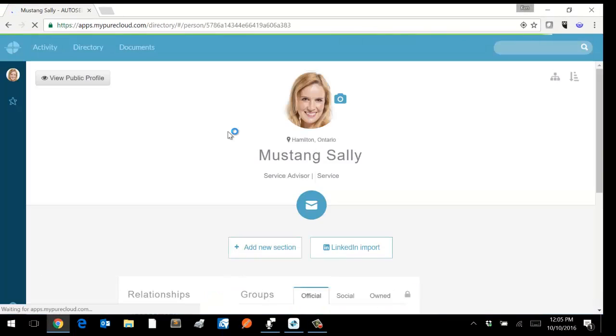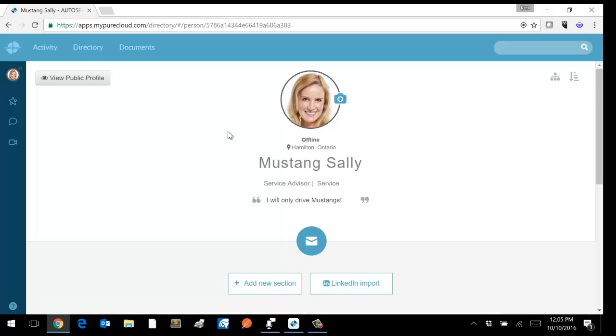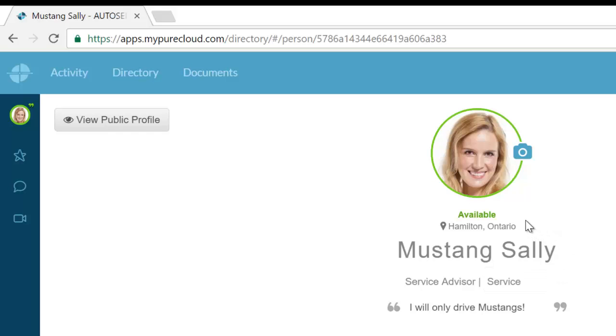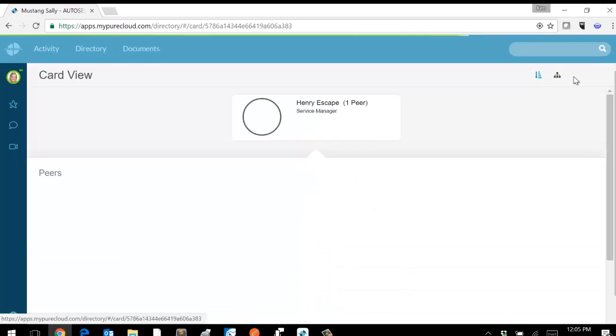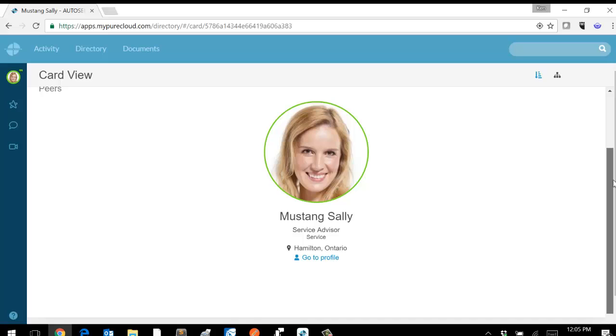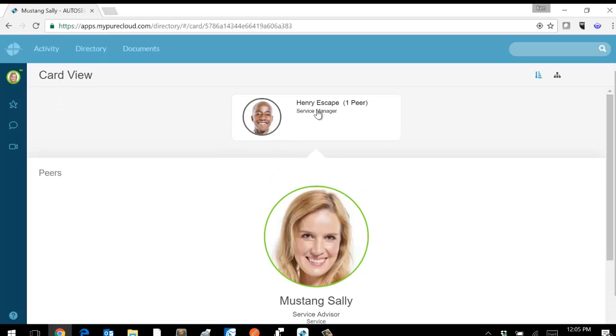And what you'll see is we immediately come up to her profile, and we'll see her presence information. We see she's available right now, the city and state or province that she's in. And let's go take a look at her relationships in the organization. So you can see right now that she's a service advisor, and she reports to the service manager, which is